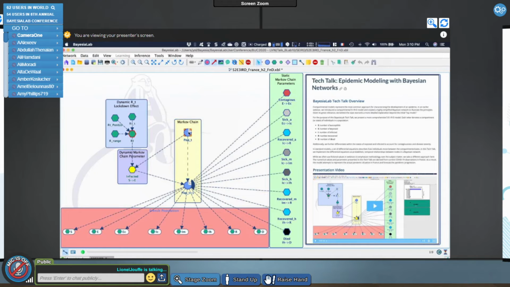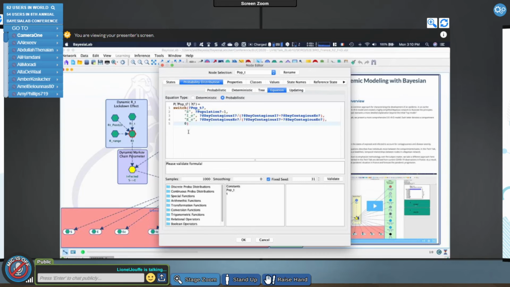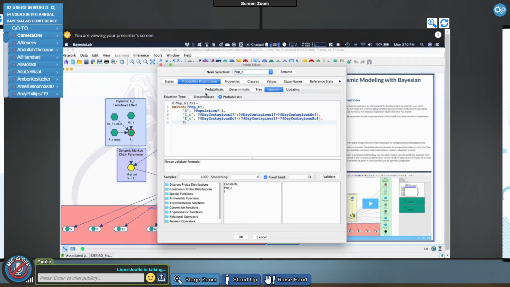So now you can double click on the node, and now you have access to the brand new equation editor, right? So now you can see that you have some colors. The color depends on what type of object in the equation you are dealing with. And the formatting is better, so everything is better. It's better for checking the error and so on. And so here it's a switch.